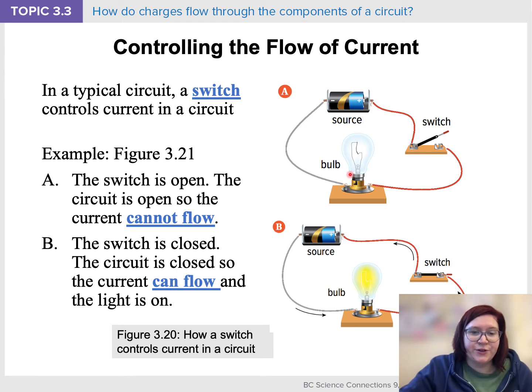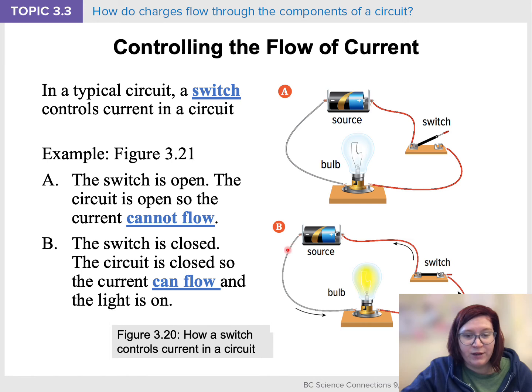So in a typical circuit, you can use a switch to control the current. So you can see in A up here, the switch is open. So that means the circuit is open, so the current can't flow. There's no pathway for it to follow from the negative terminal over here to the positive one because the switch is open. In the one down here, the switch is closed, so the circuit is closed and the current can